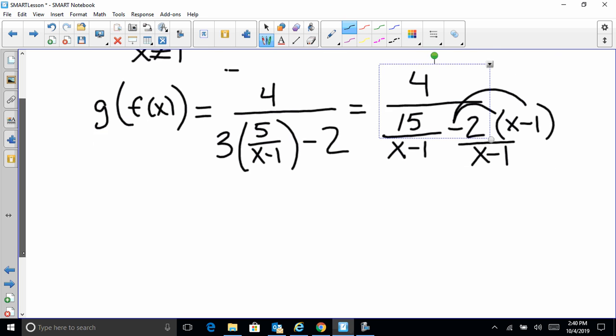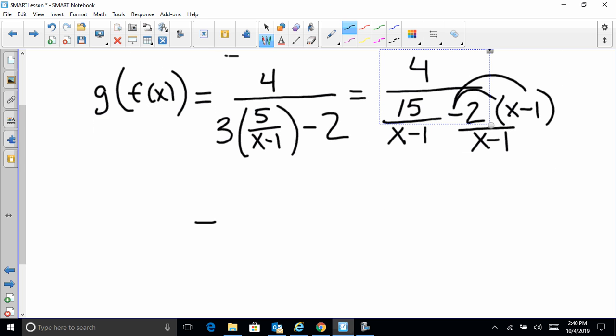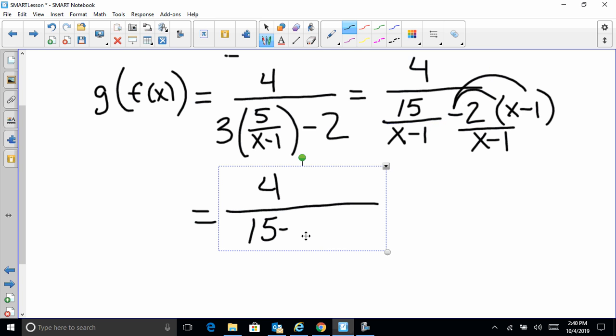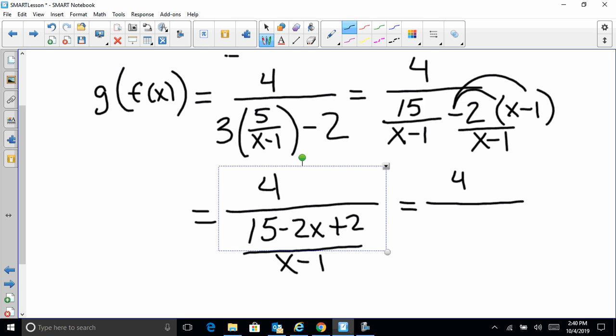So, the numerator of the big fraction is still 4, haven't touched that yet. The denominator is now 15 minus 2x plus 2 over x minus 1. And then I can clean that up a little bit: 4 over 17 minus 2x